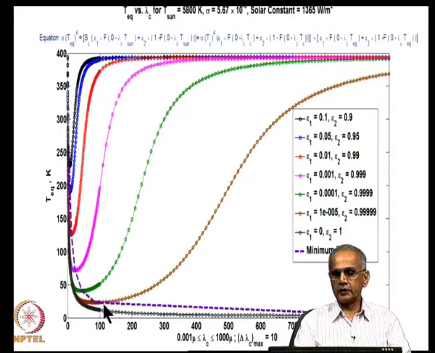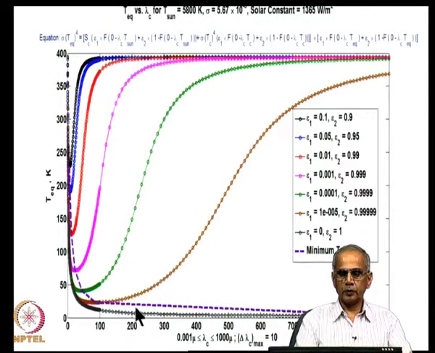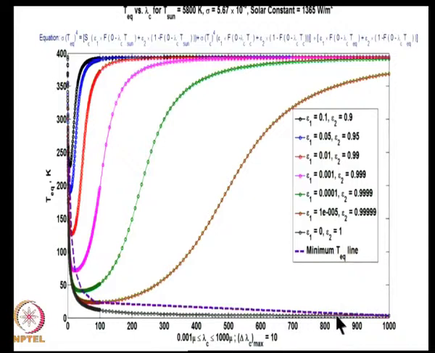But if you really take this case where emissivity in the region 1 below lambda c is 0 and the emissivity at the higher region is 1, then the minimum temperature goes on decreasing, and if you do your computation accurately, ultimately you will reach a temperature of 2.72 degrees Kelvin, which is the temperature of the cosmic background radiation. So, that is the result that you get in this case.